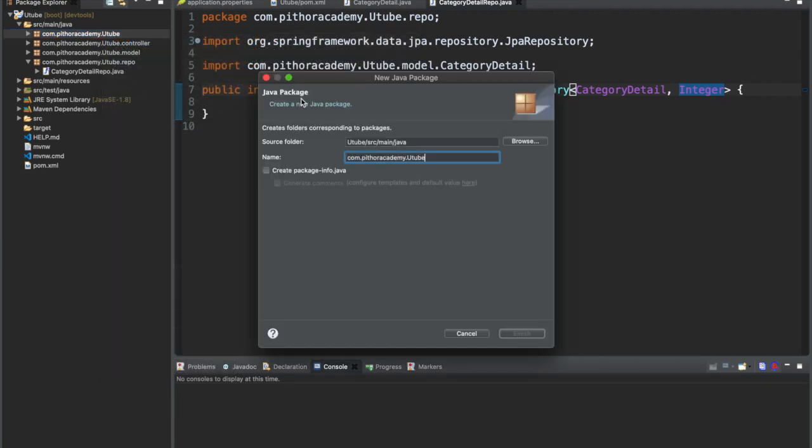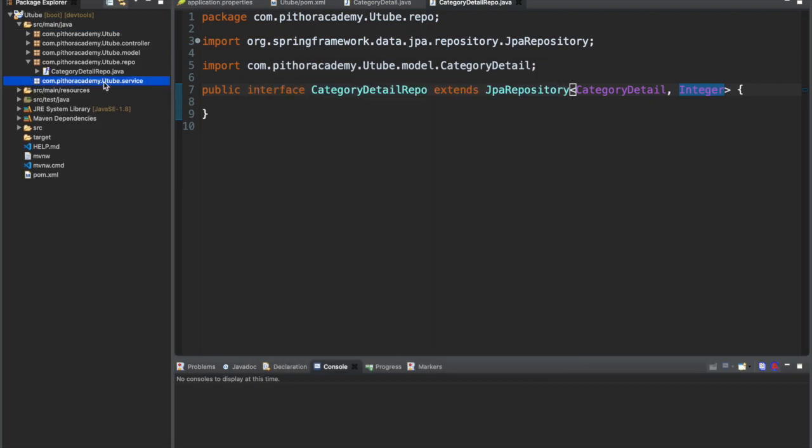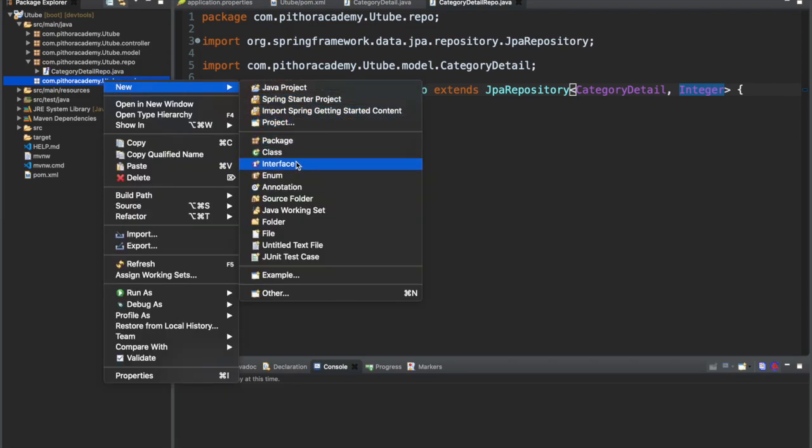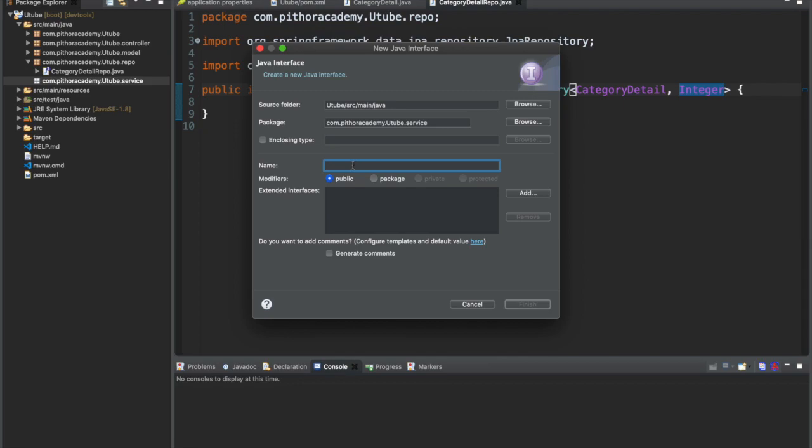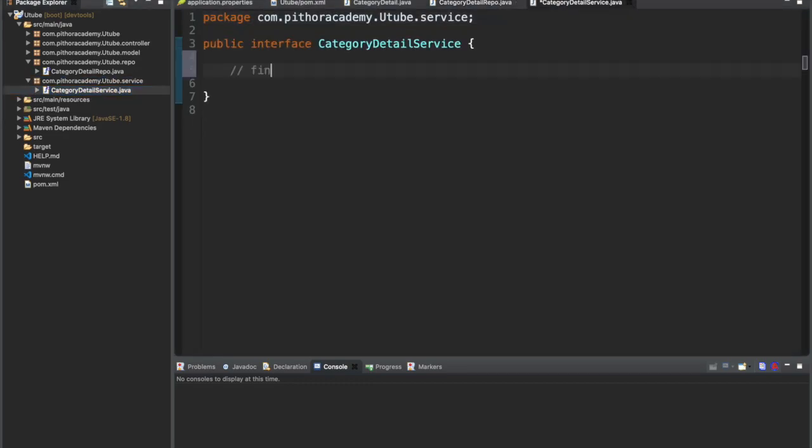We can mark it as service layer, and inside that we will create an interface that will be category detail service, and this service will define methods like getAll, then getById, then save or update. We'll do save and update in one method only, then delete.